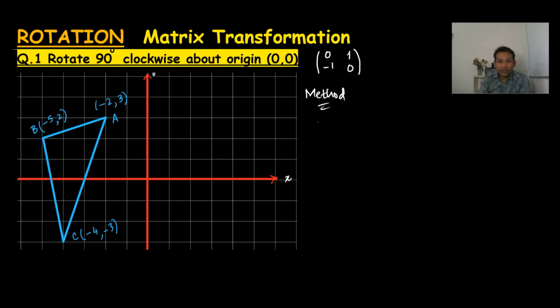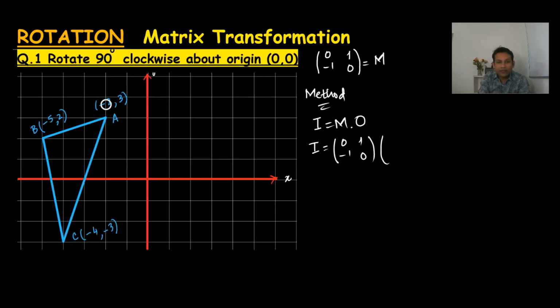The formula is: when you want to get the image by using matrix transformation, you should multiply the matrix of the given rotation with the object. Like this, the matrix of 90-degree clockwise rotation must multiply with the object. The object is this one. Like in reflection, I have also explained how we can write the image and object from the question. So this matrix is 0 minus 1, 1 0, and the object is